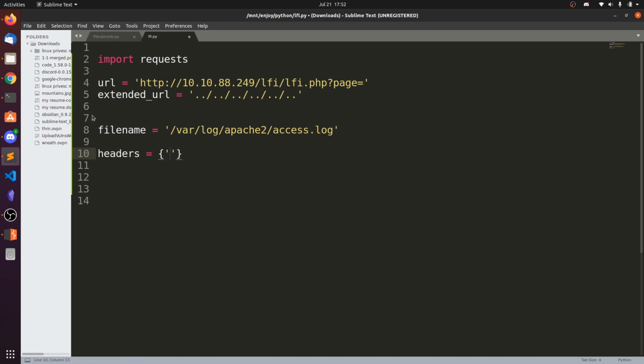In that we need to modify the user agent. So that's what we did in Burp Suite, right? So user agent, and the value is, put the double quotes first, and php system of $_GET of single quote command.